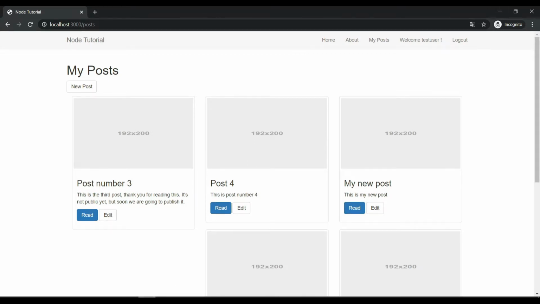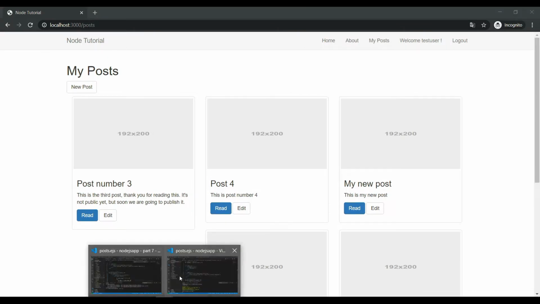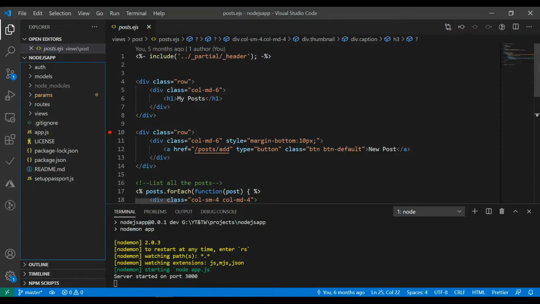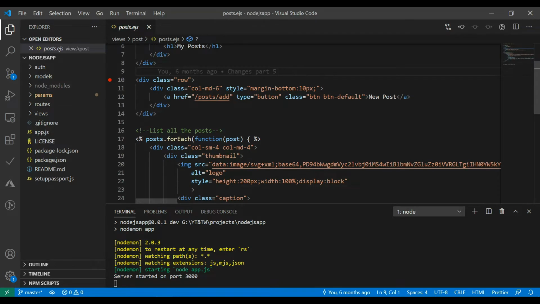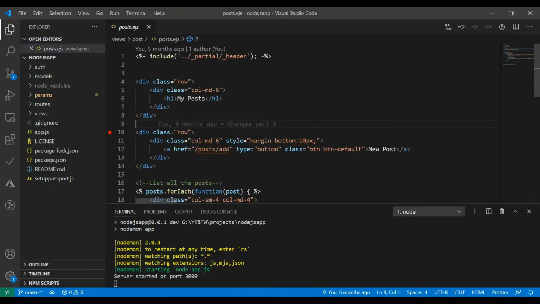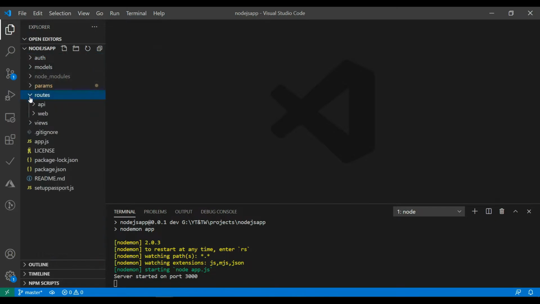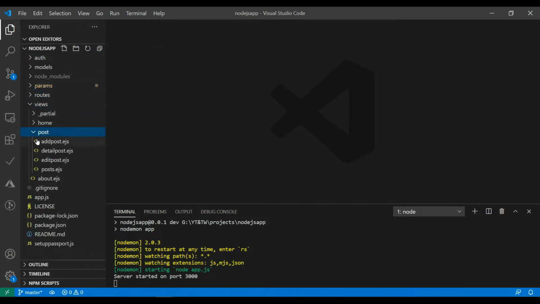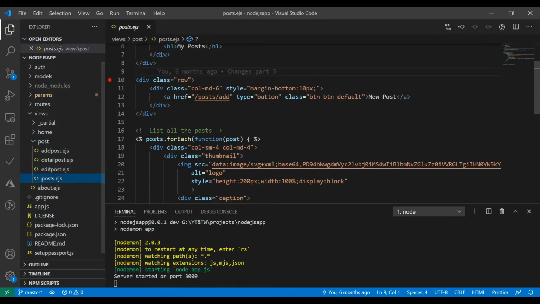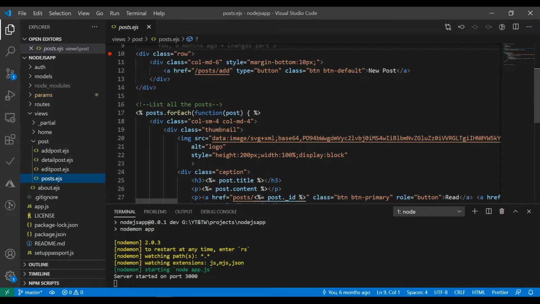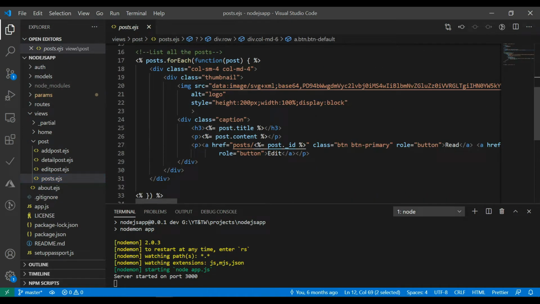For this, we're gonna go to our page here. Let's go ahead and open it. So what do we have here? We have my posts page. I will go ahead and just open it again. So we're going to our posts page. Here we go. We can make a new post, and then we have this piece of code that